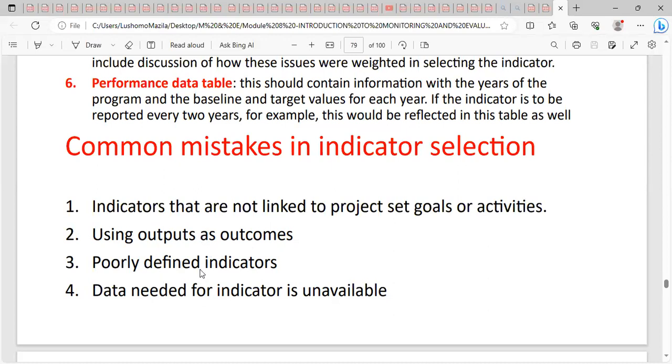Poorly defined indicators are indicators which are vague. They are not clearly defined. Indicators should be specific. The SMART indicator which I was talking about,